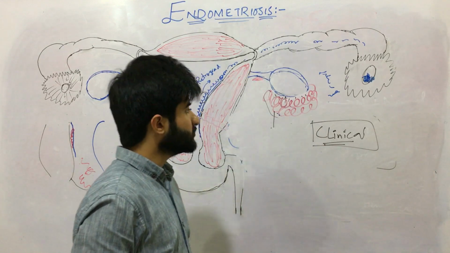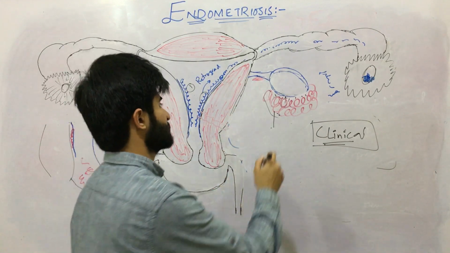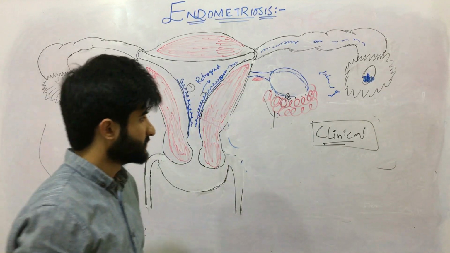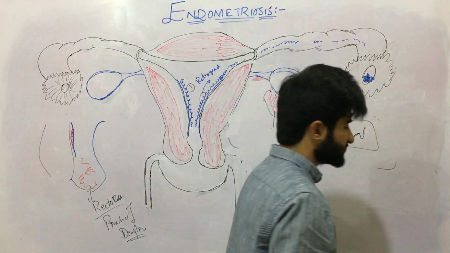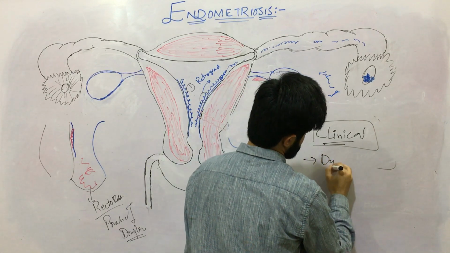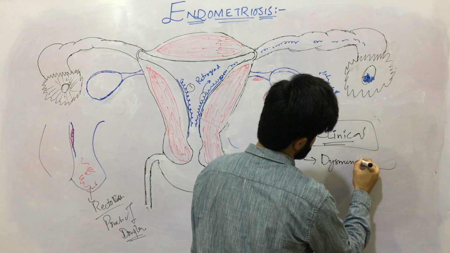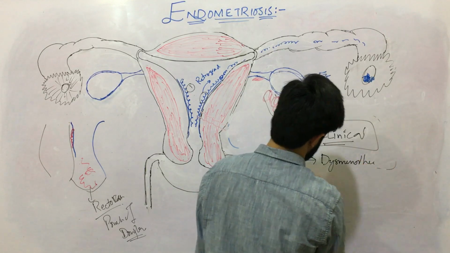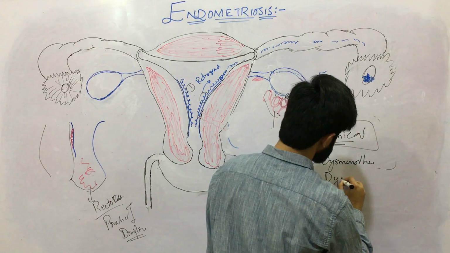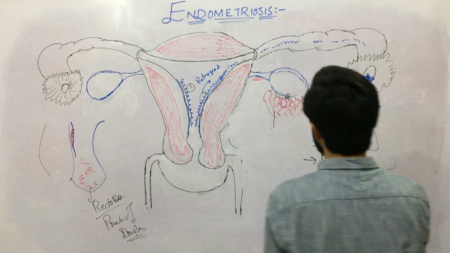So, mostly the endometriosis is in this region, over the ovaries. So it presents mostly as dysmenorrhea, and if this